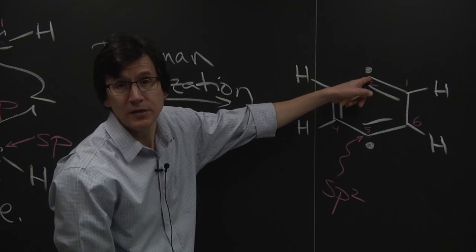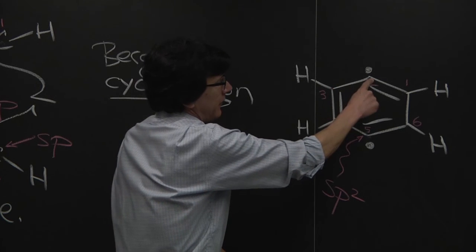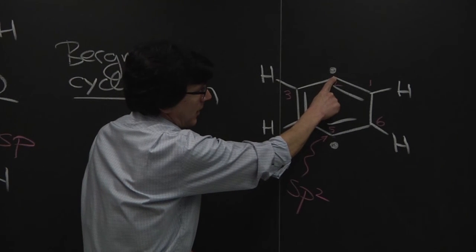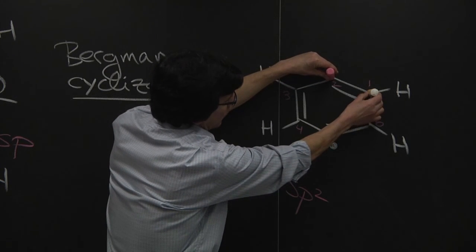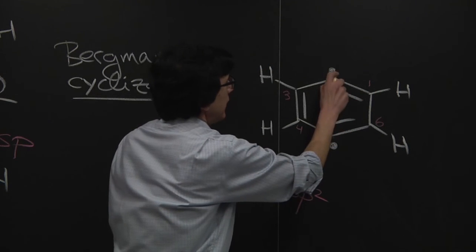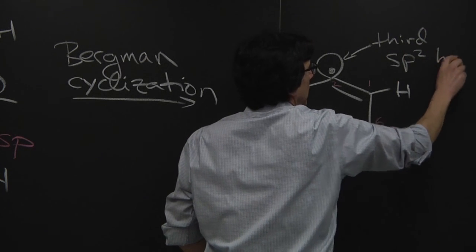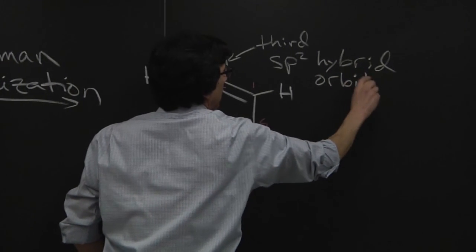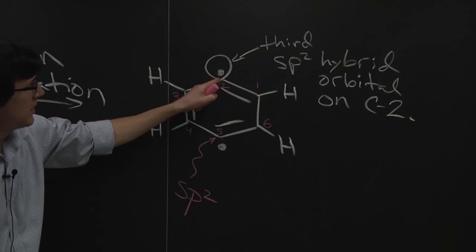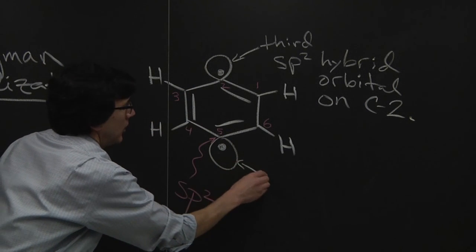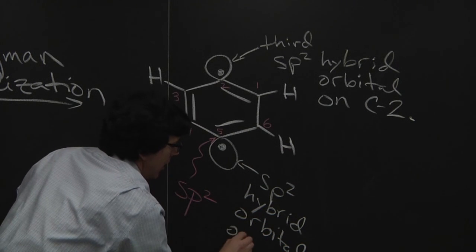Well, if carbon 2 is sp2 hybridized, it's using one of its sp2 hybrid orbitals to make a bond to carbon 3. It's using a second of its sp2 hybrid orbitals to make a bond to carbon 1. And then it's using its leftover 2p orbital to make a double bond to carbon 1. And so what's left? This orbital right here, that's the third sp2 hybrid orbital on carbon 2. So this electron is in an sp2 hybrid orbital, as is this one. This is an sp2 hybrid orbital on carbon